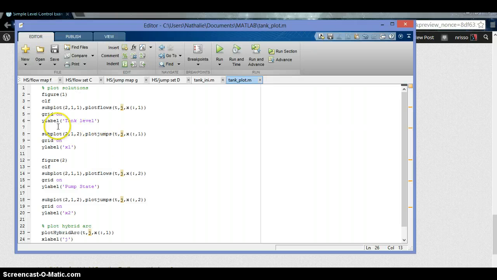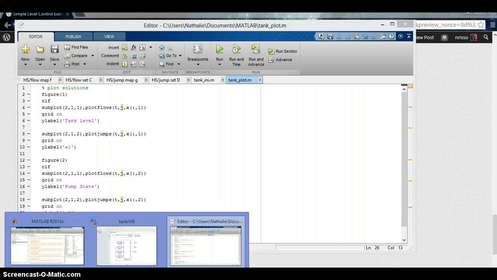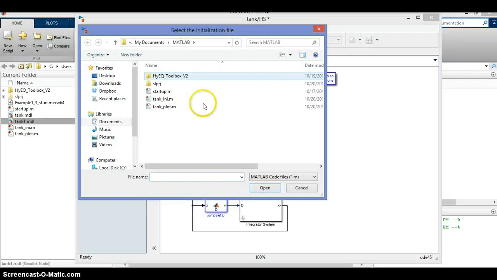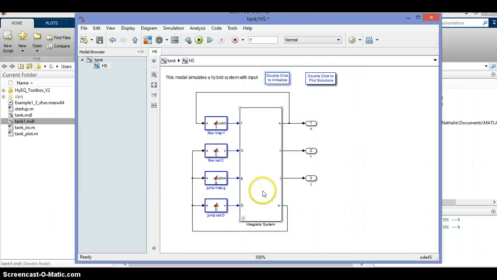This script will take the values for the solutions and present them graphically. Now we will go back to the block, double click in this block to link it with the file we already created, and select tank ini. Open,